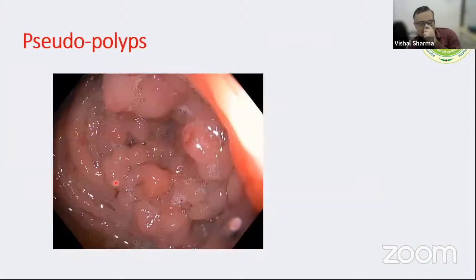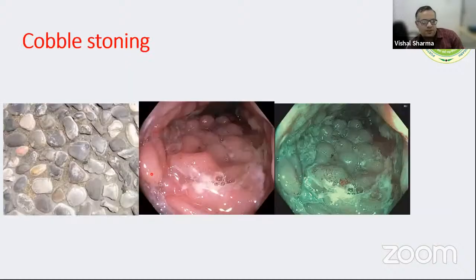So you can see that as ulcers heal, there may be formation of these polyp-like lesions, elevated polyp-like lesions. Can happen in both tuberculosis and Crohn's disease. Usually people say more in TB, but can happen in both of these diseases. Now this kind of manifestation, bowel stoning: you can see that there are ulcers, and then these, I would say, mucosal islands, and this is a bowel stoning which is more frequent in Crohn's